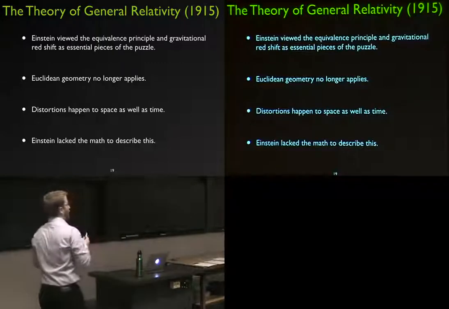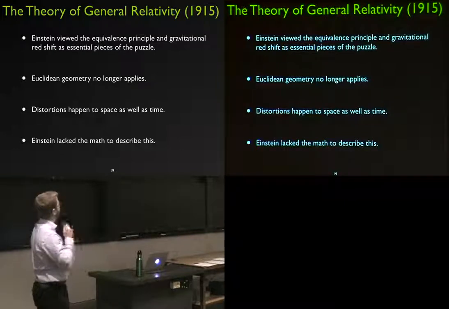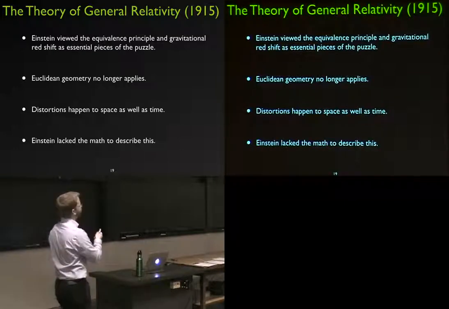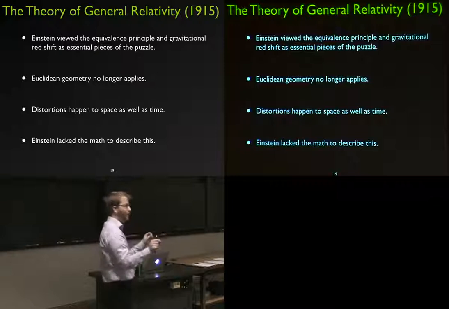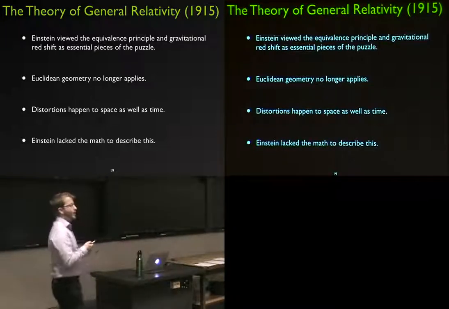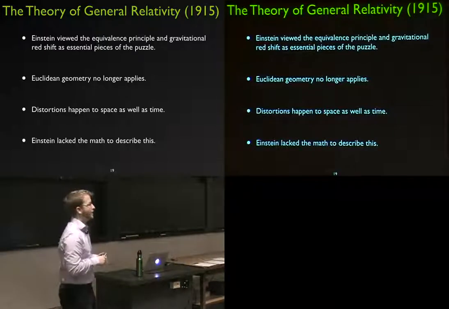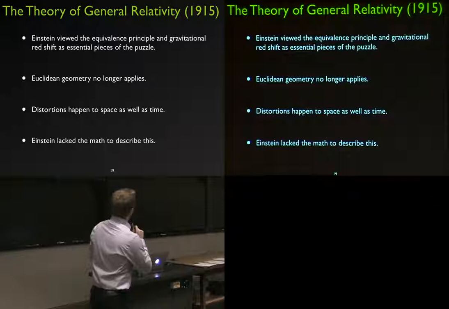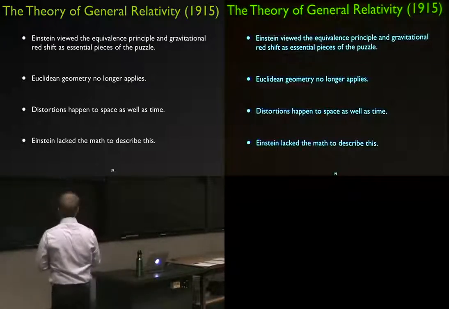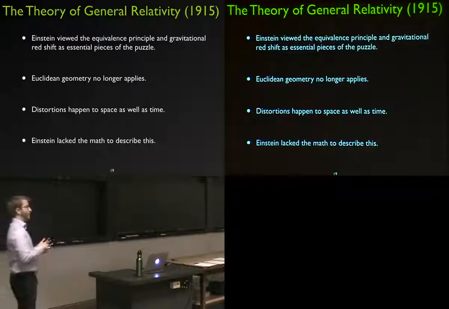One of the things that made it hard, it took him several years to actually get to this complete picture, was that you needed to think about the universe in this non-Euclidean way, in this non-flat way that we always thought about the universe. That involved going to mathematics that were very complicated, and until that time were thought to be just mind games and things that didn't have any physical implications. The distortions, because they happen to both space and time, also made this theory very hard to come up with.